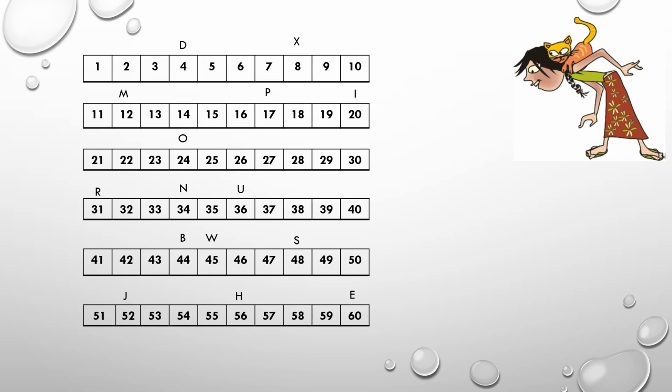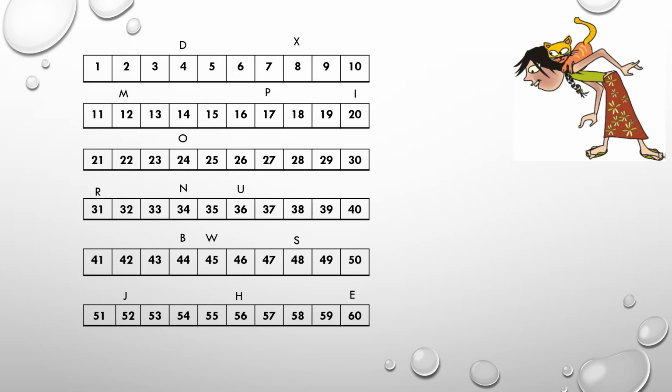Now coming to another story. Who is Montu waiting for? Montu the cat is waiting for somebody. Do you know for whom he is waiting? As you can see, there is a trick to find out. You have numbers here on the screen, and the numbers are from 1 to 60.